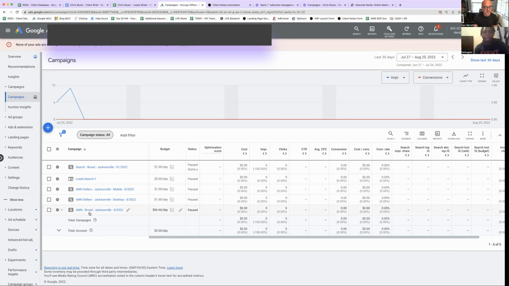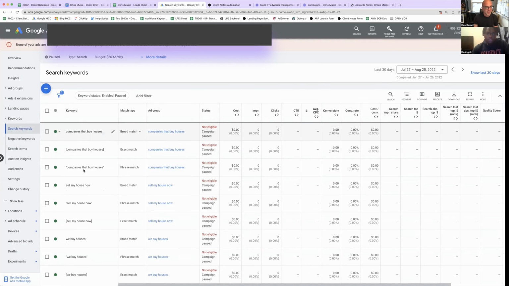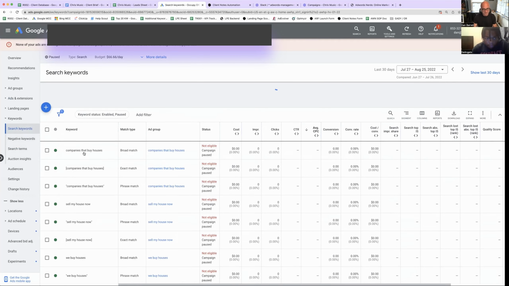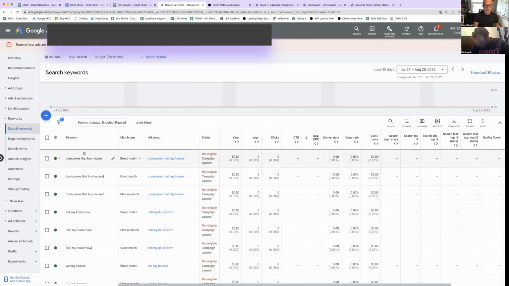All of these are campaigns in a Google Ads account. Each of these would have a separate budget. We're going to be running this one to start, so I'm just going to click in here. These are ad groups, which are just folders that you put the keywords in. I'm going to go over to keywords here, and you'll see the keywords that we're targeting in this campaign. We're going to talk about this a little bit. There's no data in here yet because it hasn't run, so these are just sitting in there with zero of everything. All right.